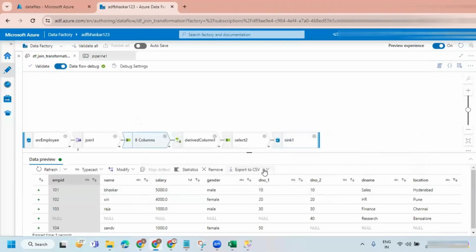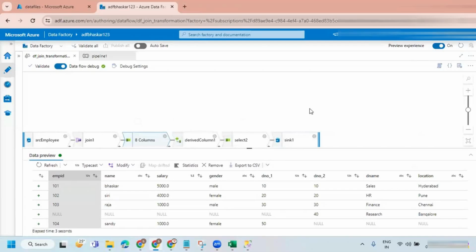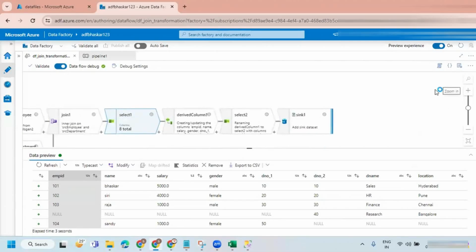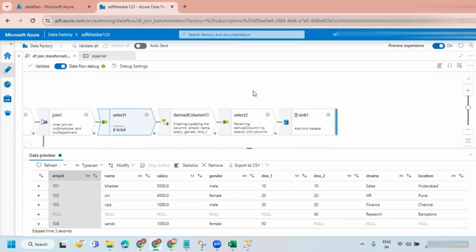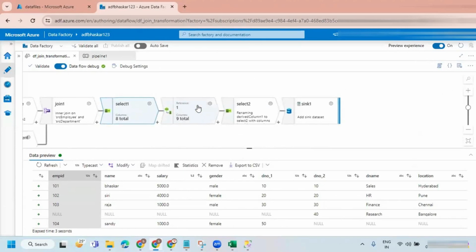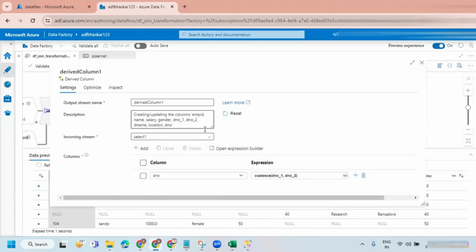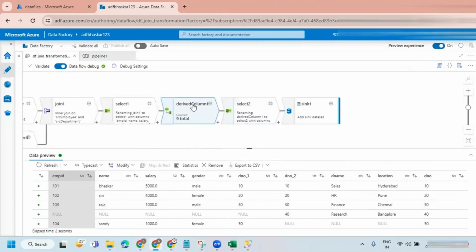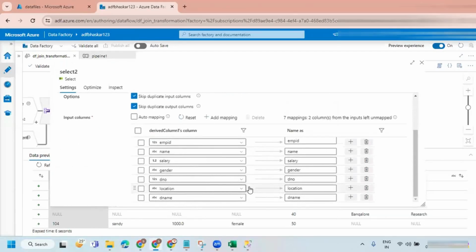Okay. In the derived, if I didn't take a select between derived and sink, what would happen? Here we are creating one new column, right? After taking these columns, I'm taking out these two columns again.